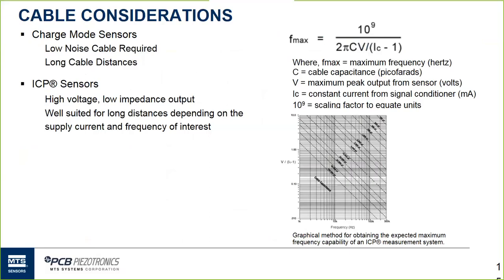In order to understand that, we will look at cable lengths, cable types, capacitance of the cable, and the voltage output of the sensor, which is part of that formula,